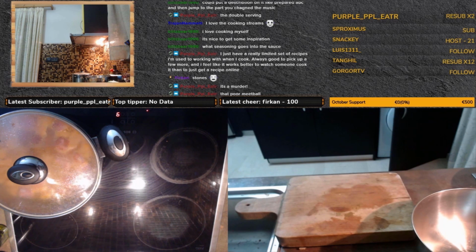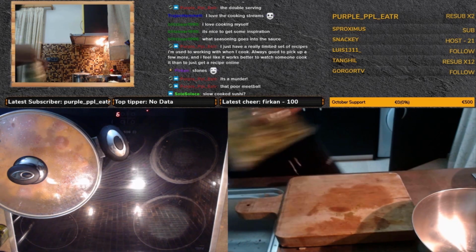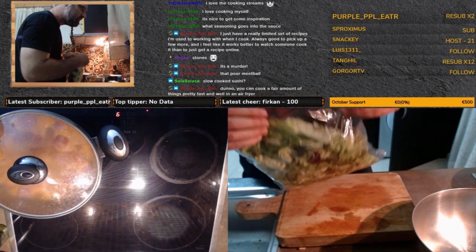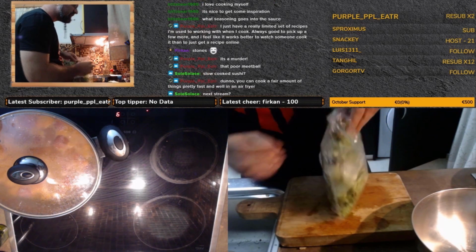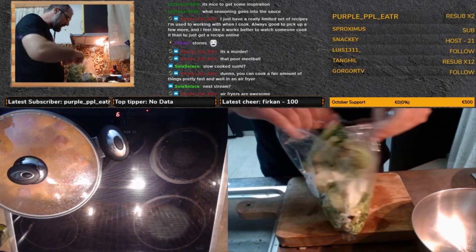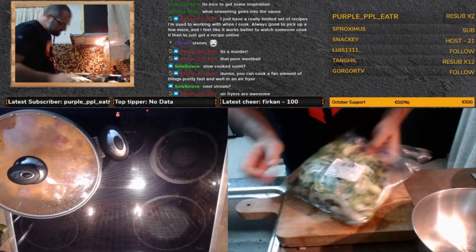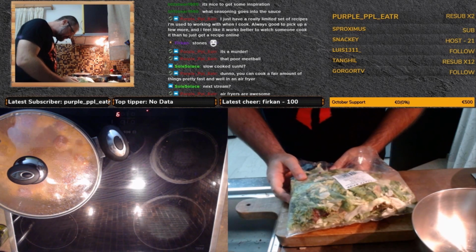Alright, so I got everything here. Mind you, everything I'm using is pre-washed, so don't jump the gun like, ooh, you didn't wash them. I do some preparation before the stream. Slow cooked sushi? I suppose you can. Alright, this is some green salad I picked up from the supermarket because I just couldn't